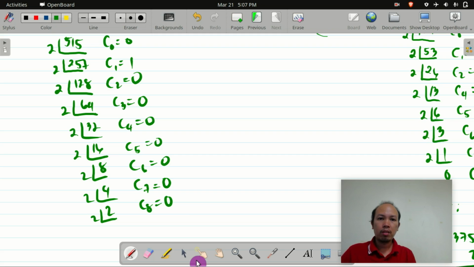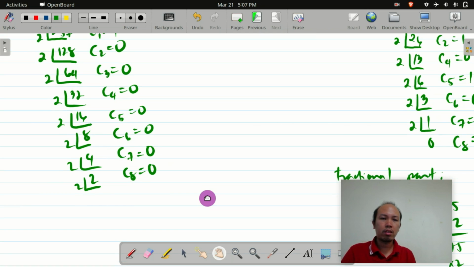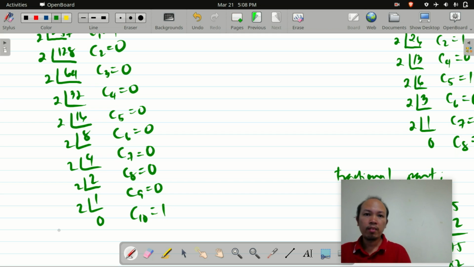Quotient, sorry, quotient is 1. Our remainder is, C sub 9 is 0. Am I right? Okay. And lastly, we have quotient is 0, remainder is 1. Okay, so meaning to say,